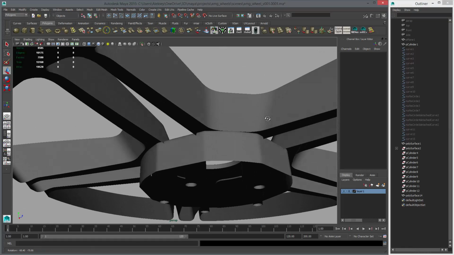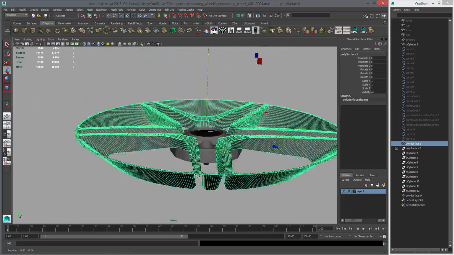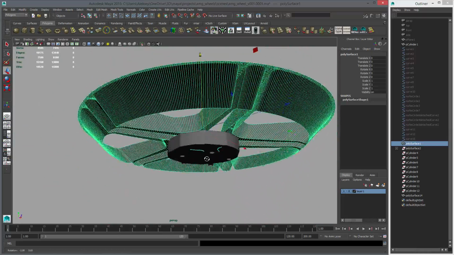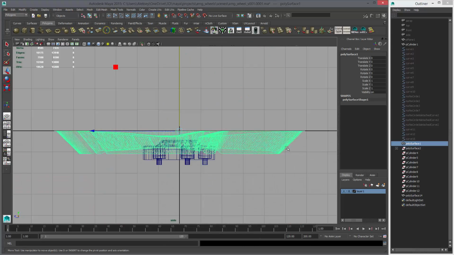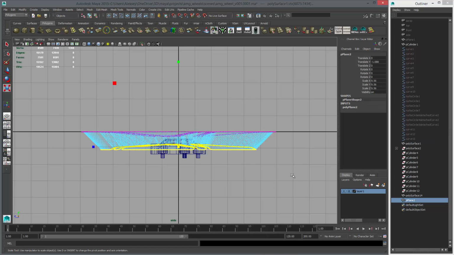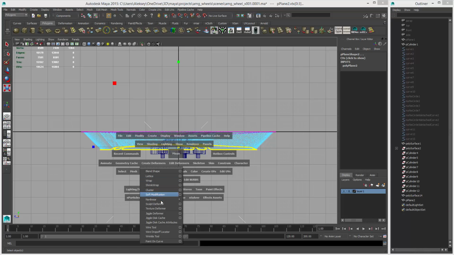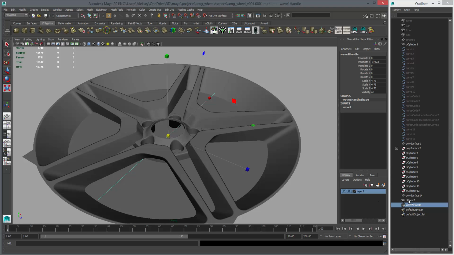Alright, so now we need to do a little Boolean. I still want to fix this. How do we do that? Let's see. Alright, let's see if we can do it with a plane. We did it once before. Create nonlinear wave. Okay, so let's hide this,